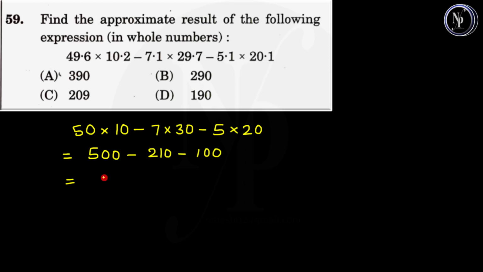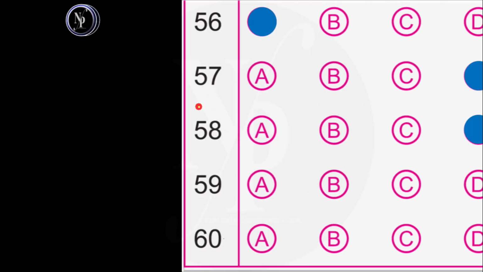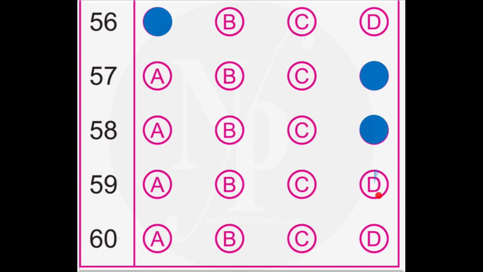So we add these numbers keeping minus sign, that is 500 minus 210 and 100 add up to give 310, and on subtracting 310 from 500 we get 190 as the difference, which is found in answer option D of the question. So we mark answer option D as the correct answer for question number 59 and move on to